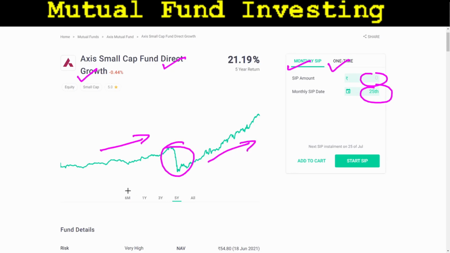You can select from different options. You can see the 6-month chart, 1-year chart, 3-year chart, 5-year chart and lifetime chart. It is suggested to see at least a 3-year chart for your long-term investment. From my experience, if I want to invest in any particular share or a mutual fund for, let's say, 1 year, then I tend to see the 3-year chart. If I have to invest for 5 years, then I'll see the 15-year chart. So multiply your investment horizon by 3 and then check the performance of the fund or share for investment.